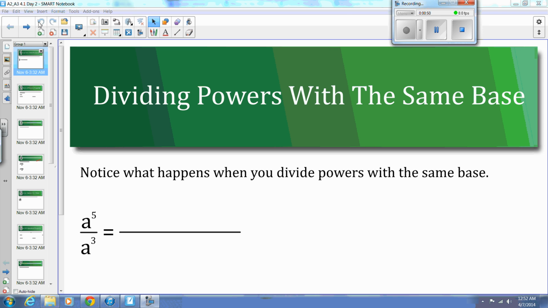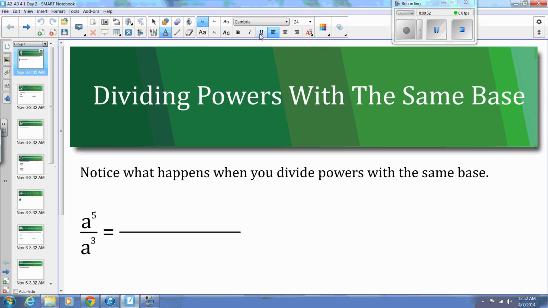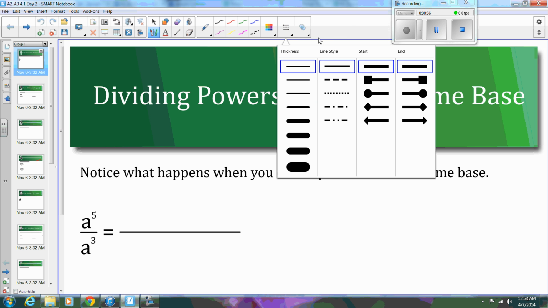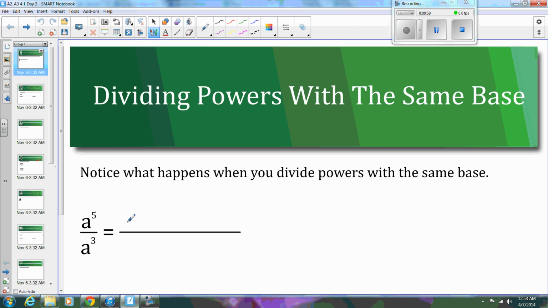We have a to the fifth divided by a to the third power. And let me just get my pen ready. So what is really a to the fifth in the numerator? That is, of course, a times a times a times a times a, right? And what's a to the third? That's a times a times a. Okay. Now,